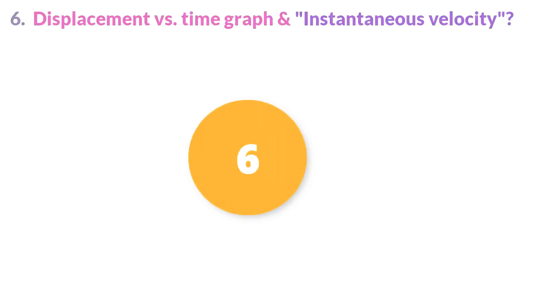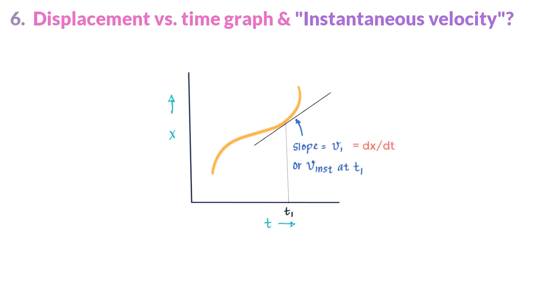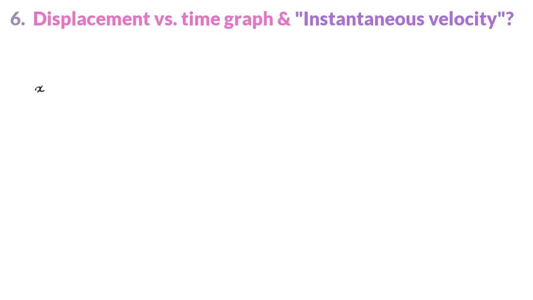So the next one is how to find instantaneous velocity on a displacement versus time graph. If you take slope of the curve at any point on an x versus t graph, the slope represents the instantaneous velocity of the particle at that point and is equal to the first derivative of x with respect to t. So an example is if displacement x is related to time as x is equal to 2t square plus 3t,